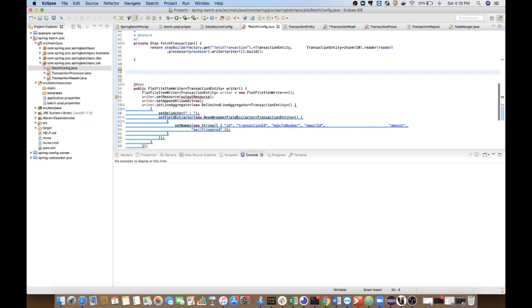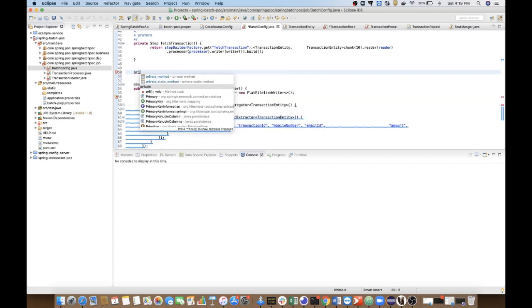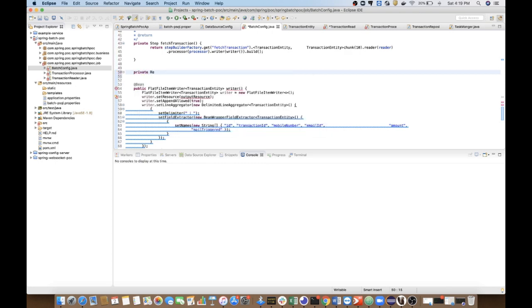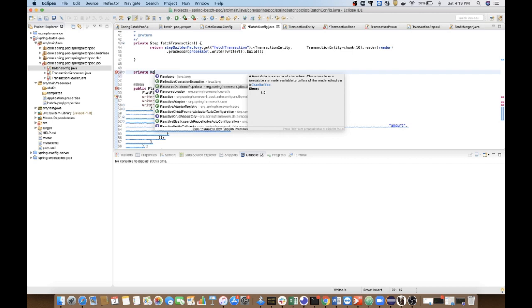It needs an output resource, so we need to provide a private resource.